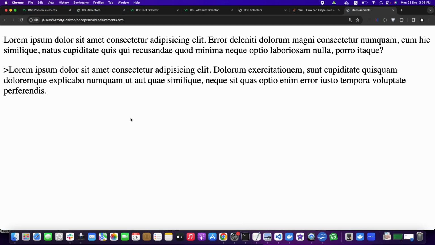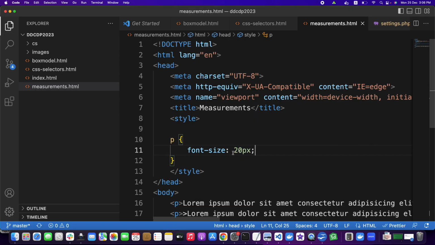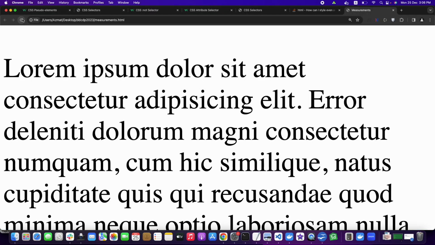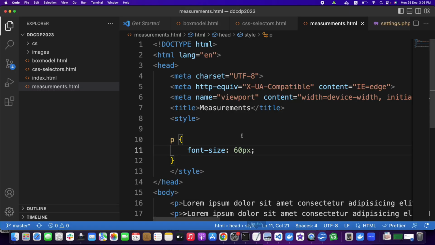And this is very straightforward. I mean, if you give it 40, it will be 40. If you give it 80, and pixel probably is one of the units of the screen sizes, right? So it's very simple. I mean, if you give it 60, so the size of it will be 60, right? It's very, very straightforward. But the other ones, which are rems and ems and percentages, that's a bit tricky. So for example, if I give it font size of 100%,